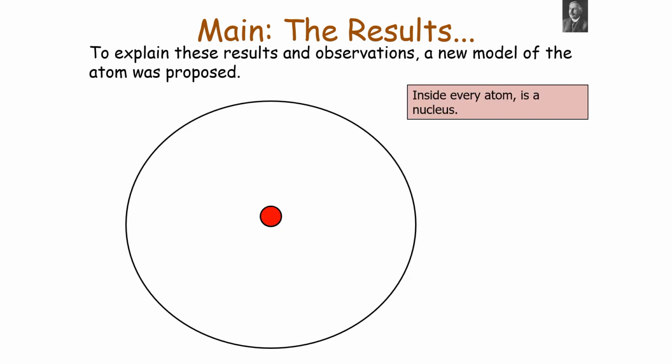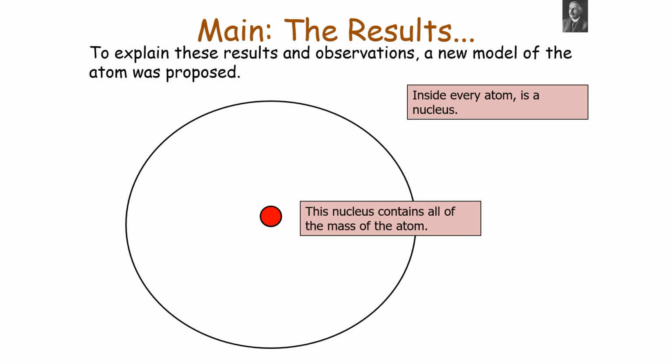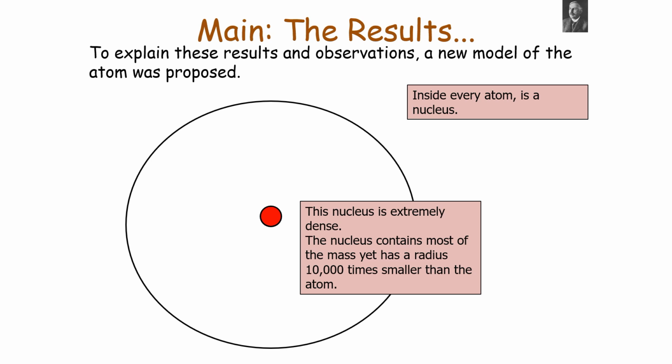So to explain these results and observations, a new model of the atom was proposed. Firstly, inside every atom is a nucleus, and the nucleus contains all of the mass of the atom. It contains all of the positive charge of the atom, and is a very, very dense object. So we can say that the nucleus contains most of the mass, yet has a radius 10,000 times smaller than